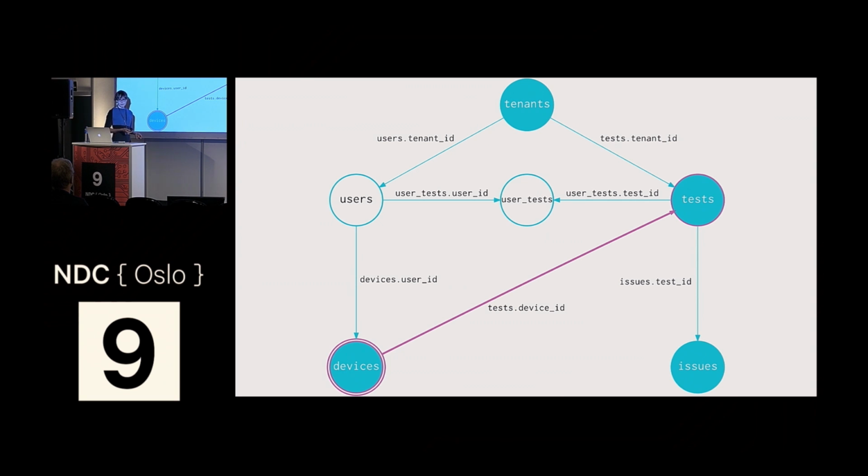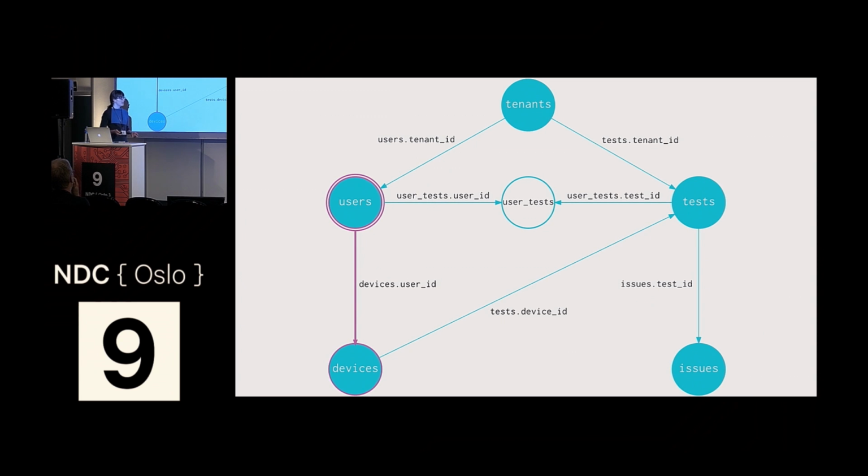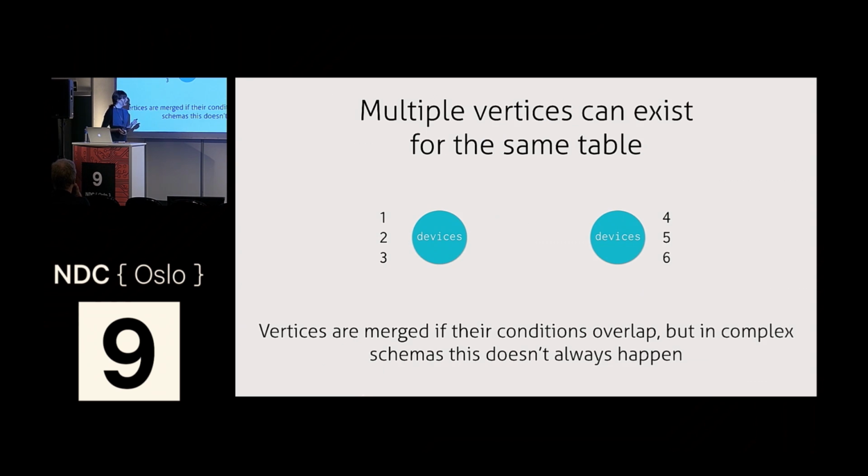So after devices, we recurse to users. And same deal, we add the vertex, add the primary keys, but scanning the primary keys does reveal that we could have incomplete information. Because we came to devices from tests, there could be devices that users have that they haven't started testing with at this point. So we don't necessarily have all the devices for that tenant, even though we have all of them for that tenant's tests. So we actually wind up recursing back to devices,